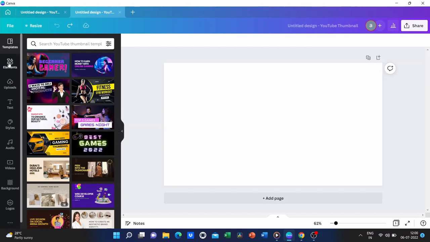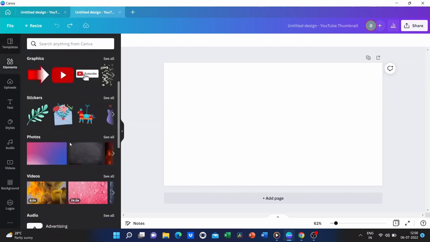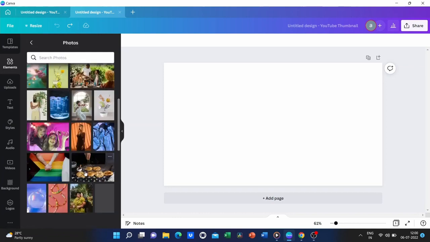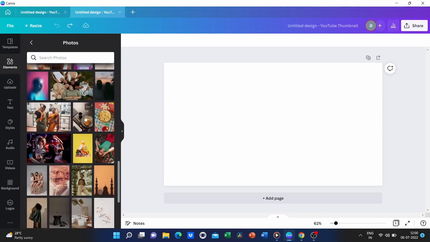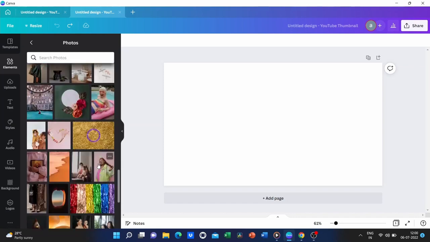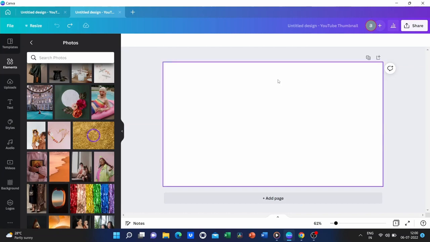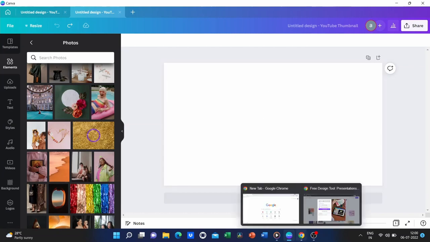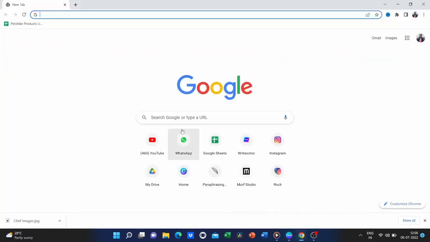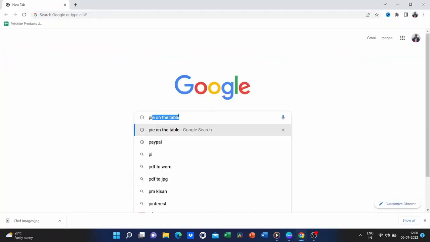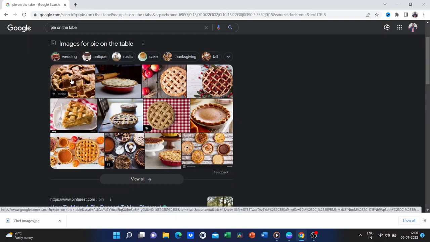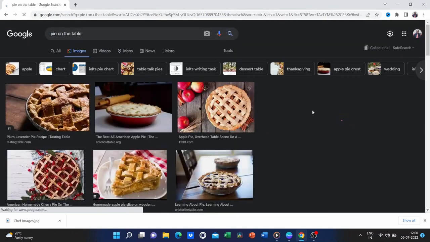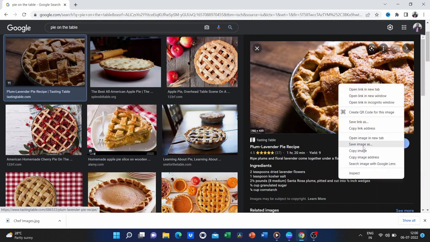So, once you understand how templates work, what you can also do is go to Photos and add a lot of the content that Canva already has available. Some of these are free, some of them you're going to pay a royalty or access the pro version. We're going to be making a thumbnail for a cooking video, so we're going to be using our own image. So you can go ahead and go to Google Images. I wanted to find a pie on a table, so I googled pie on a table. And I found this image. So I'm simply going to copy it and paste it to my canvas.